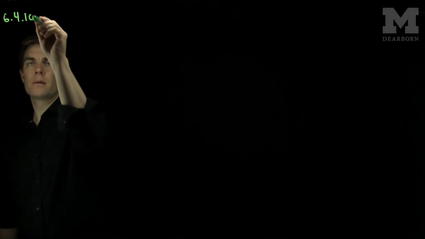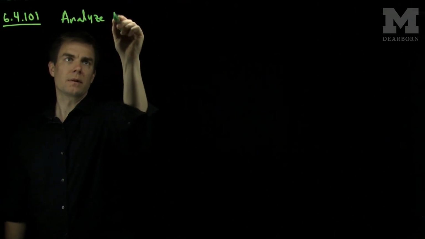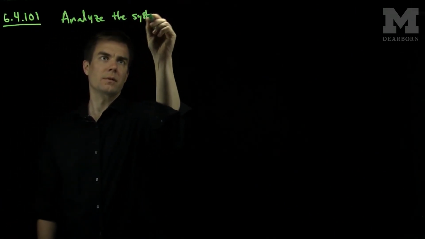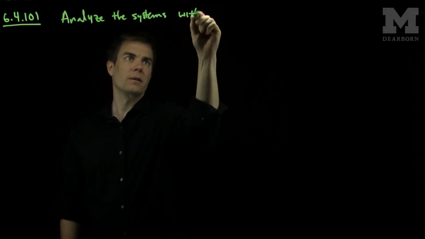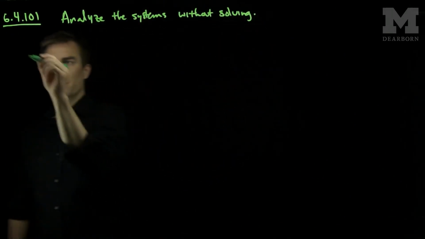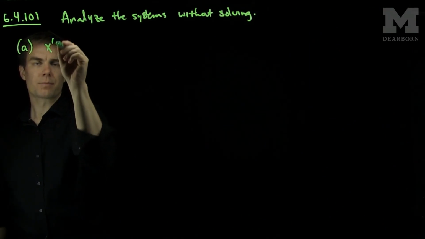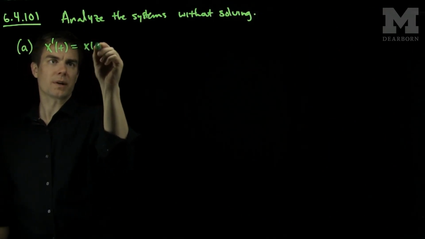Hello students, in this video we'll see how to solve problem 6.4.101. Problem 6.4.101 asks us to analyze the systems without solving. The system that's given to us in part A is the system x prime of t equals x of t